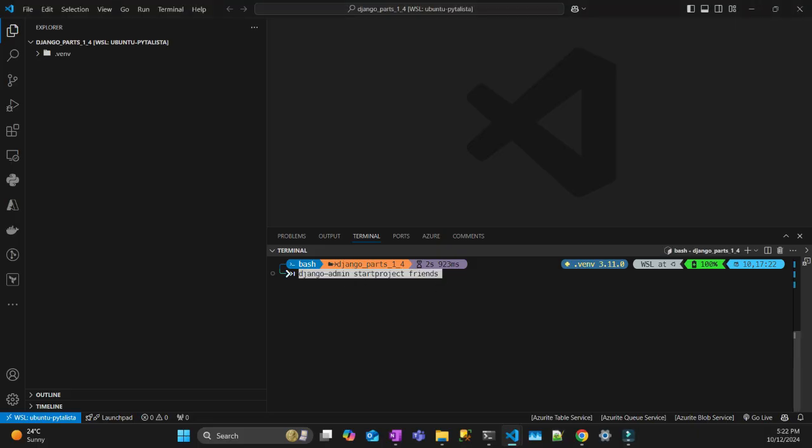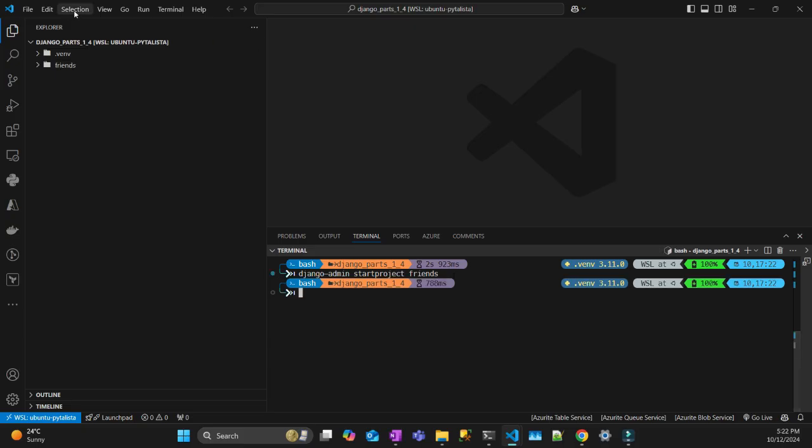you have to create a project. So it's django-admin startproject. I'm going to call it friends. And once you run this command, it creates all those files here. That's not very useful by itself. You have to create an application where you're going to have your views, which are your HTTP endpoints, and your models, which is the data model that you're going to have in your application. I'm going to go through them, so don't get desperate, I'm just going to go step by step so that you can follow along. So let's cd into the friends folder,